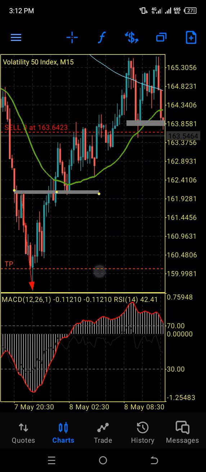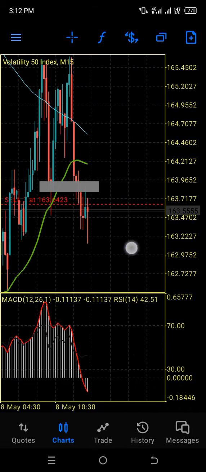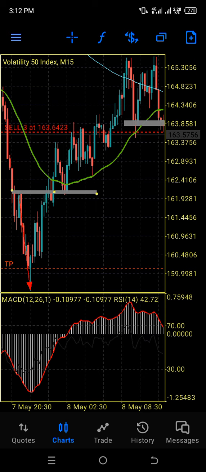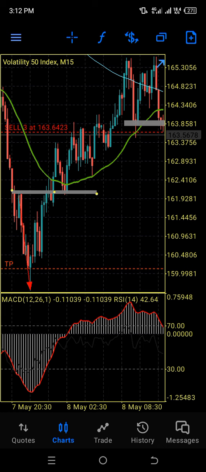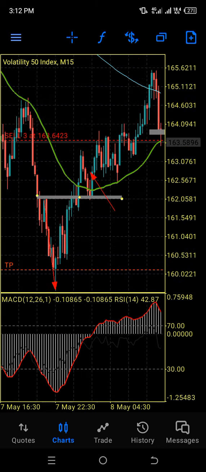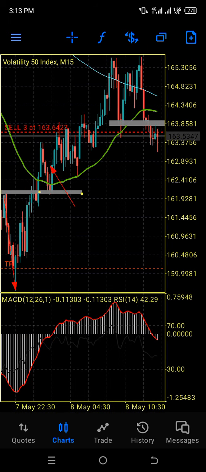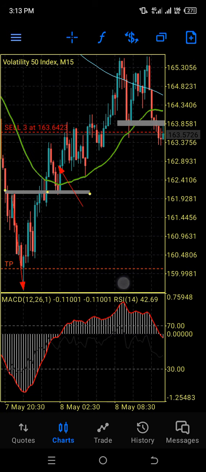So what you're looking out for is to buy, and I said make good use of the bounces. Use the moving average. If you remember my previous video, I said I love to use the moving averages to trade because they serve as a dynamic support and resistance in the market. Your concern in the market is to look out for when to buy or when to sell. So this is the condition: price is trending on top of this. It has already started making a bullish movement, and it's only normal for you to want to look out for reasons to buy.